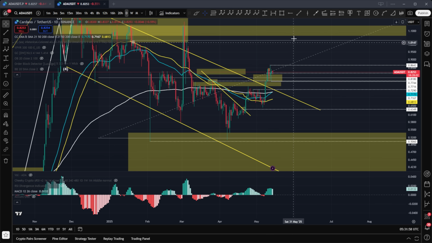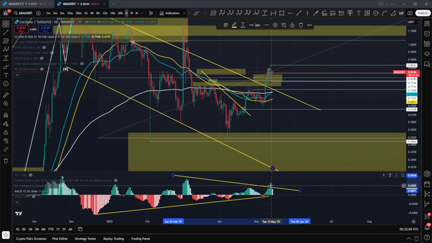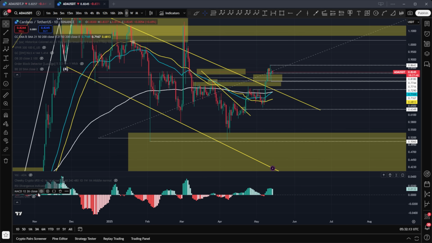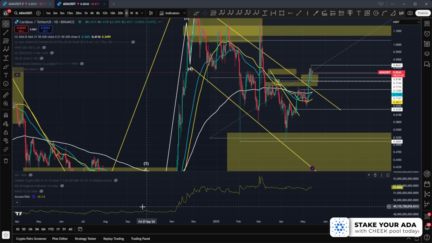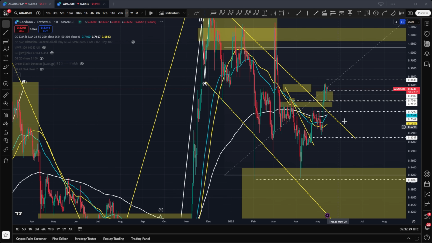So, we obviously did have the weakness within the selling side, which we can very clearly see here, and we do have the weakness within the buying side, as you can see here, but it isn't anywhere near as pronounced as you had with the selling side. So we're not overly concerned about it. The accumulation distribution is still sat very, very high compared to where it was in 2024. So again, you can see most recently during May so far, more accumulation has been happening when it comes to Cardano. And so yeah, everything's looking pretty good.